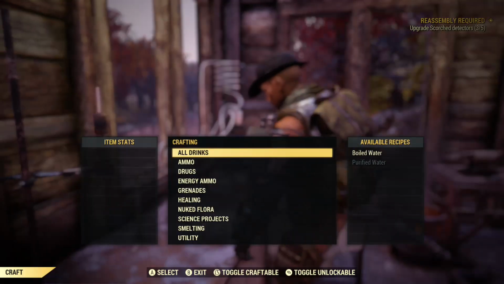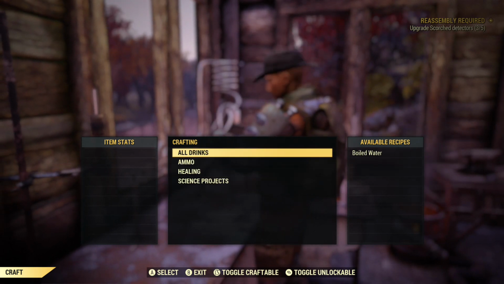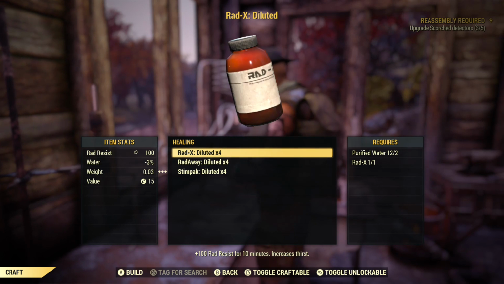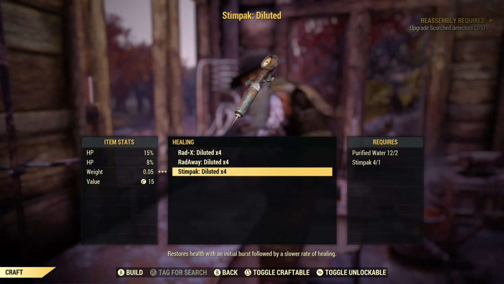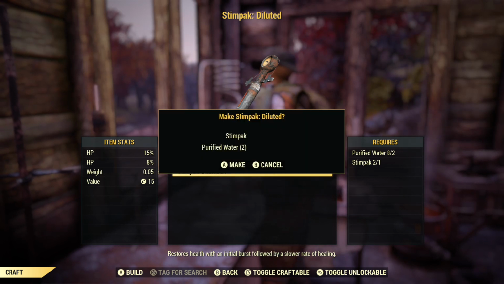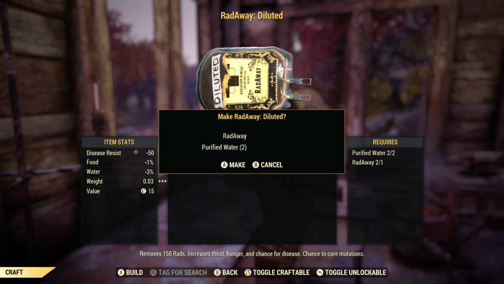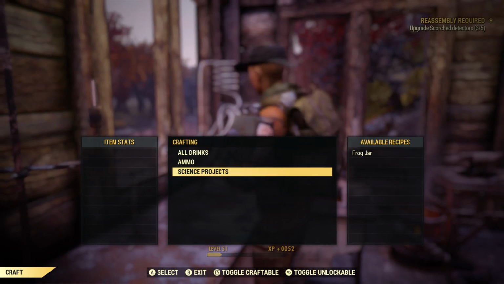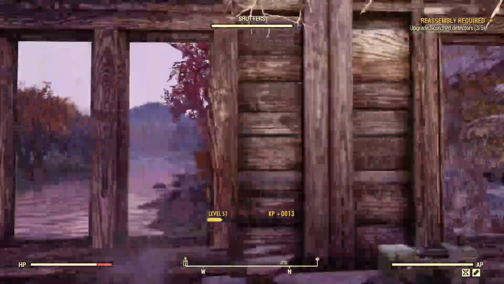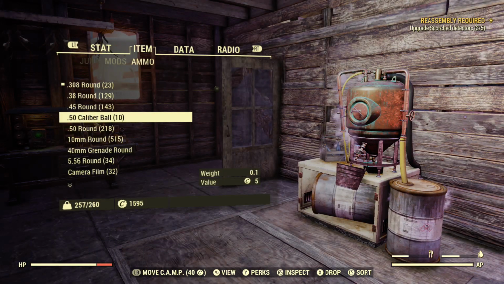I also like to check out my other stuff that I can make, like I can make stim packs, diluted ones. Don't make Rad-X because I don't use it. Radway I might make. Now the Rad-X I'll do because I have,